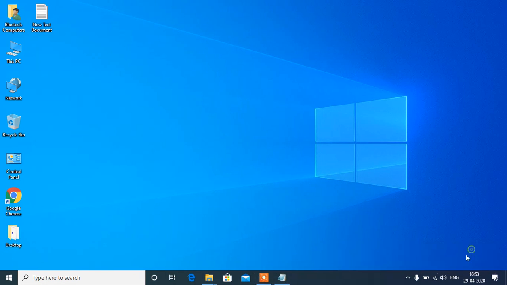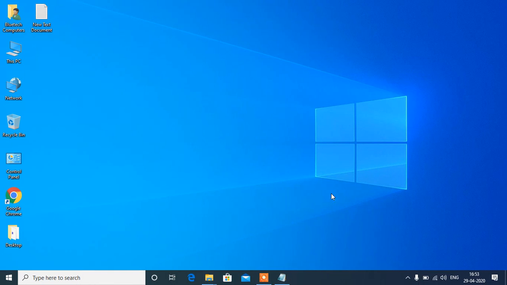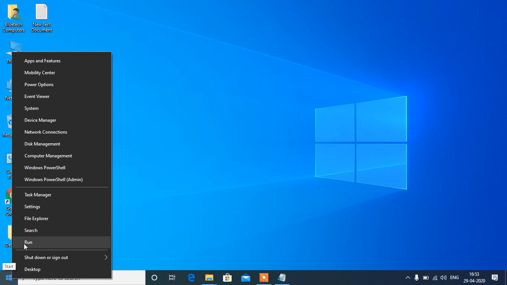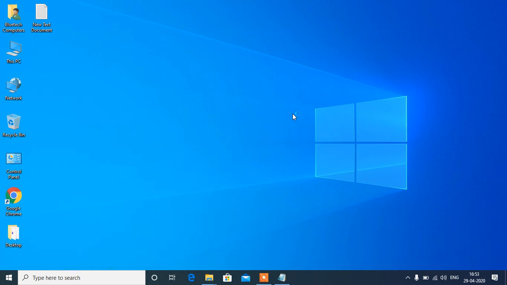Now the last thing is msconfig. This is very important. Right click, type in Run, msconfig, press Enter.